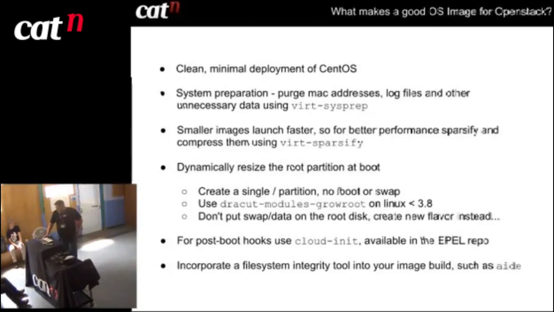Cool. So you want to have a single slash partition just as a raw native file system on your image, and in CentOS, obviously we're on quite a reasonably old kernel now, and one of the problems with that kernel is that once you've mounted a file system on an image, it can no longer read the partition table. So this is something that's fixed in Linux 3.8 or later. So hopefully we'll get that for RHEL 7,